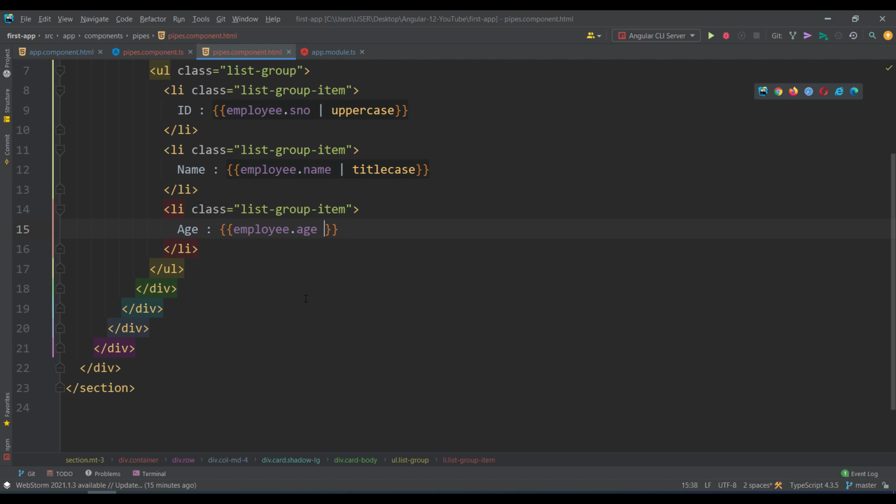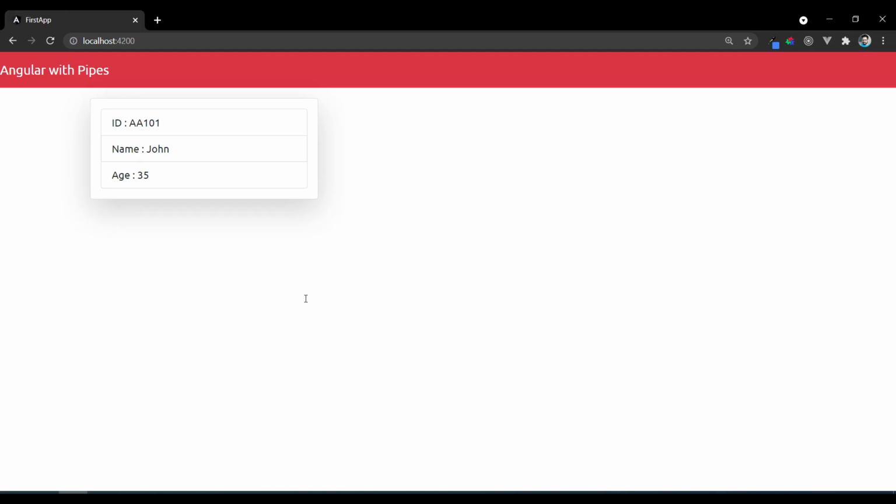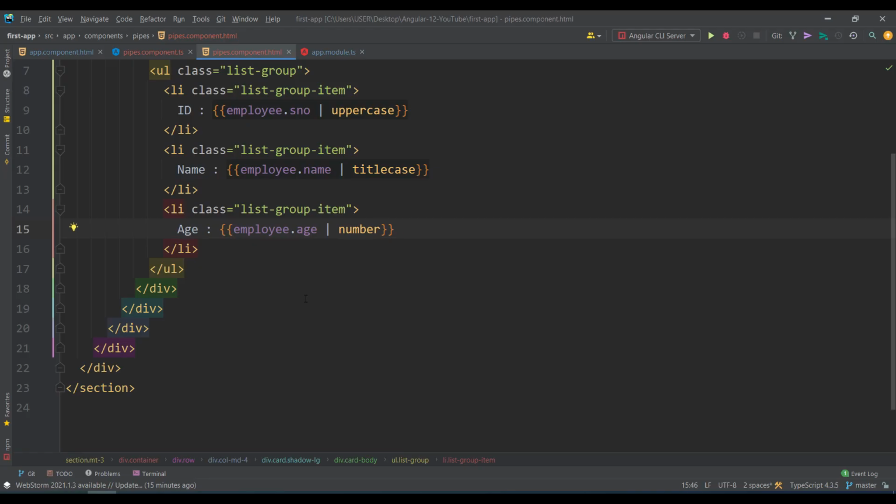For example, I write here number as a pipe. Of course, if I say just number, there is no change, as it is. For this number, you can specify the digits information. It means 2.3 means before the dot we need two digits, and after the dot we need three digits.